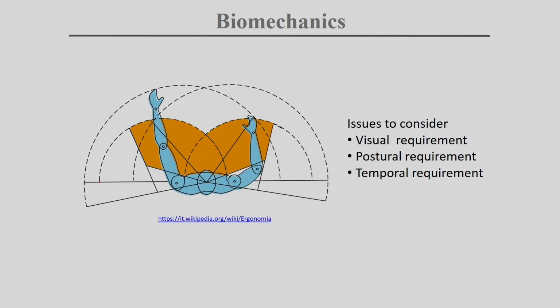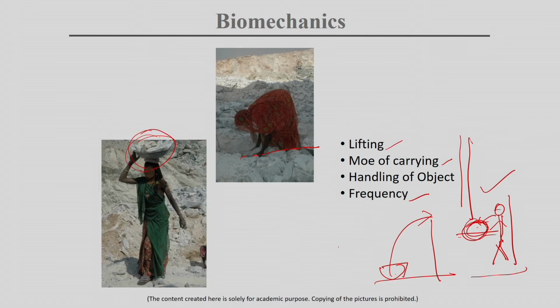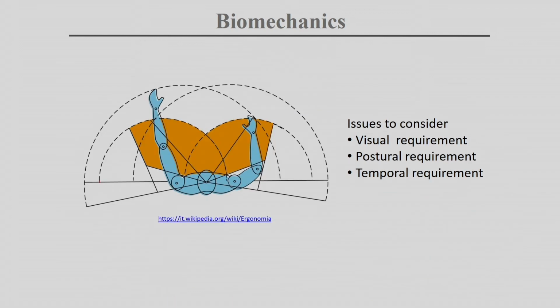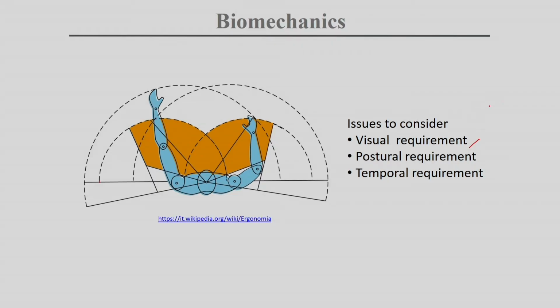So next, very briefly, when we are designing this type of workstation, what are the principles, meaning what are the requirements. First, obviously we are visual, so visual requirement is the first priority. When we are doing something, maybe aligning something, or putting some fixture on a product, the visual requirement is the first requirement. We need to see what we are doing. So first we should take care how the visual requirement will be fulfilled from the design of the furniture or workstation. Next is the postural requirement.